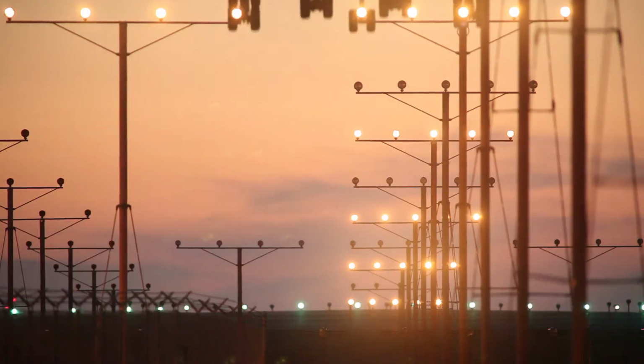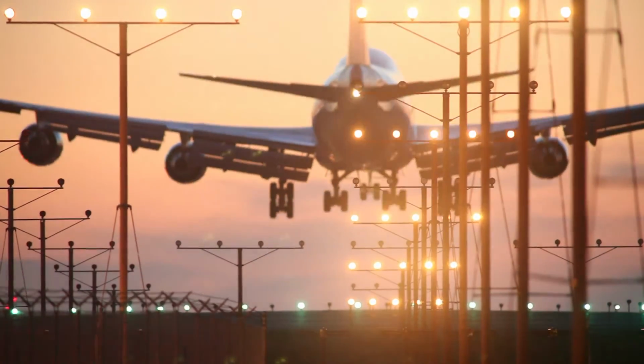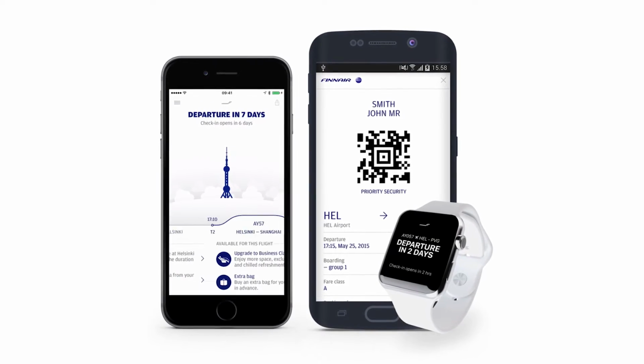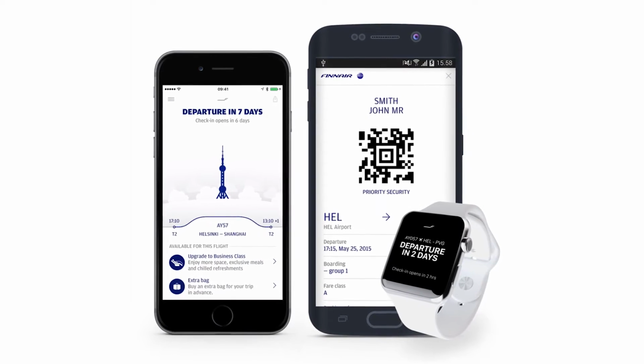Traveling nowadays is not that glamorous anymore. People just basically want to get to their final destination as easily and smoothly as possible. Most of the existing airline apps are based on individual flights or doing tasks during the journey. But with the Finnair mobile app, we wanted to restructure it from the passenger's point of view, following the natural flow